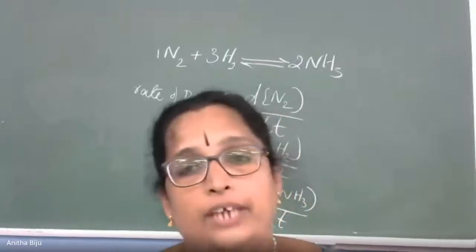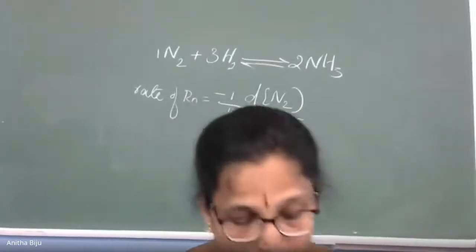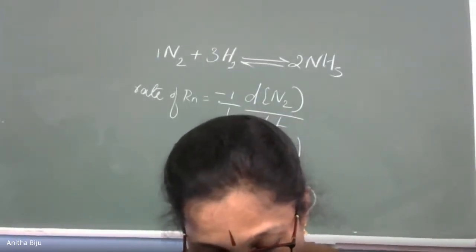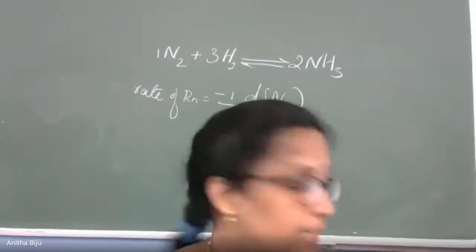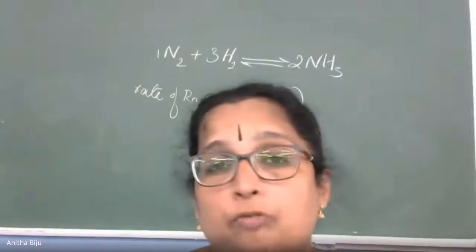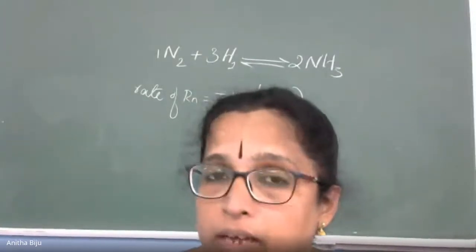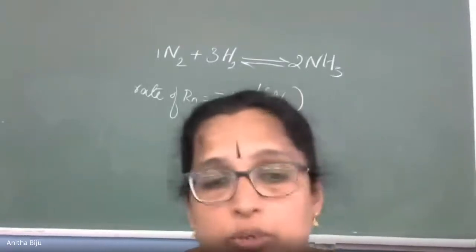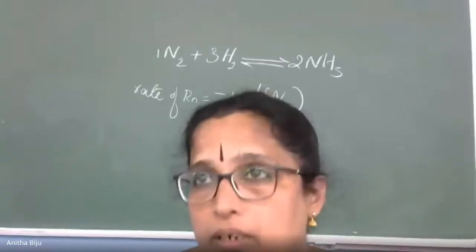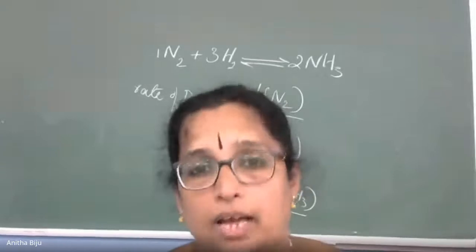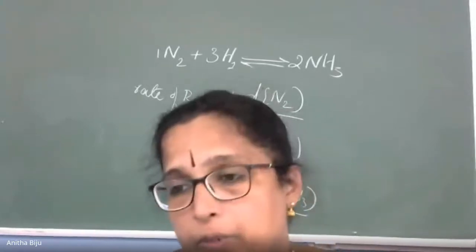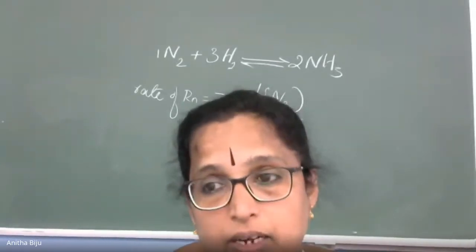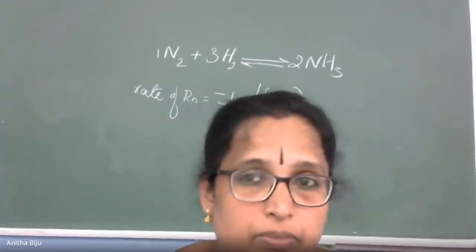So for the first factor you can write the heading: rate of a chemical reaction depends on concentration of reactants. Then how to explain this? That is explained with the help of a law, and the law is known under the name rate law. So rate law we will see in the next class, because it is a long topic, it will take minimum 10 minutes. I have to explain with the help of mathematical expression, so it will take time. So I think we will discuss the topic in the next class, because it is a little lengthy topic.